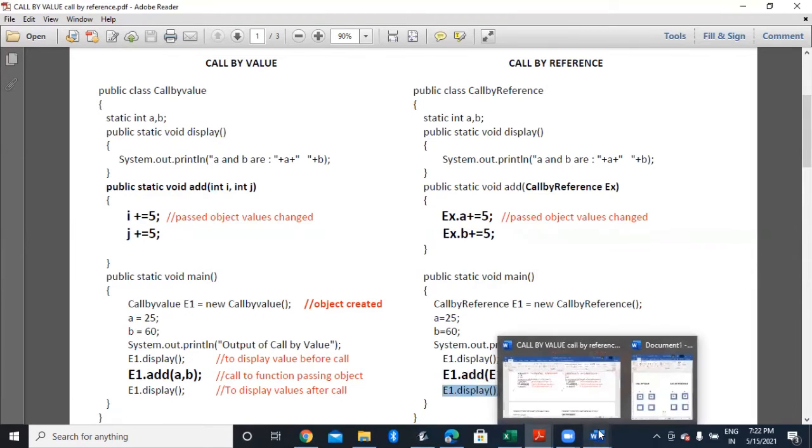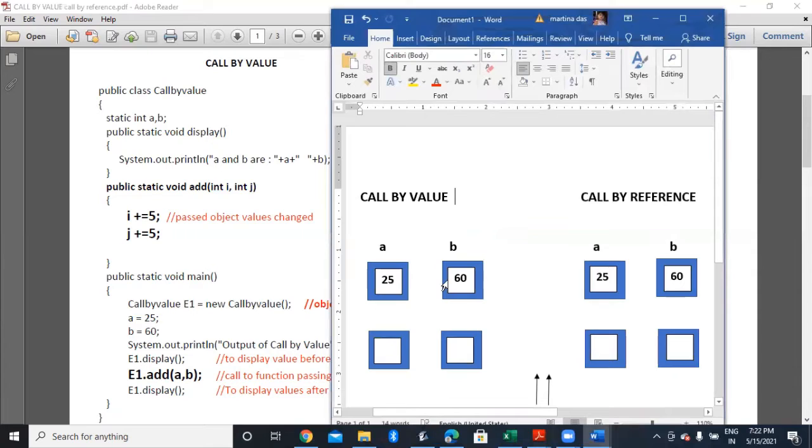Now let us understand this concept of call by value and call by reference with the help of an image. Now here you can see in both call by value and call by reference, I have initialized or assigned my values A and B as 25 and 60 simultaneously.